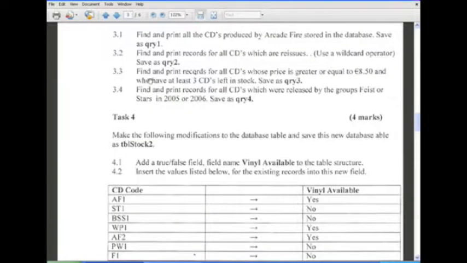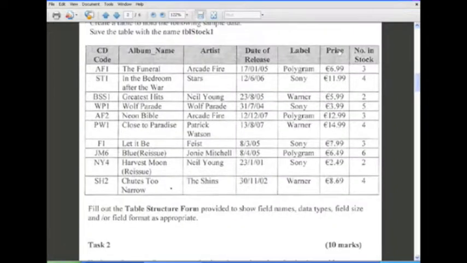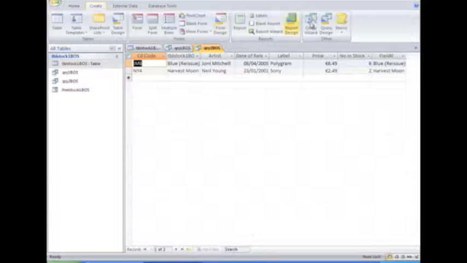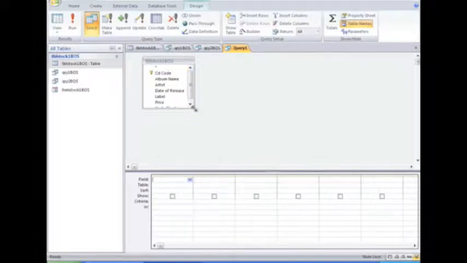Okay, 3.3 asks us to find and print records for all CDs whose price is greater than or equal to $8.50 and who have at least 3 CDs left in stock. So querying 2 fields in this case, the price field and the number in stock. So the price has to be greater than or equal to $8.50, and the number in stock has to be at least 3, so again greater than or equal to 3 in stock. So I'm going to create that query in the design. Again, select our table as per usual, display all the fields, and then identify the 2 fields in this case, the price field and the number in stock field. I'm going to include them